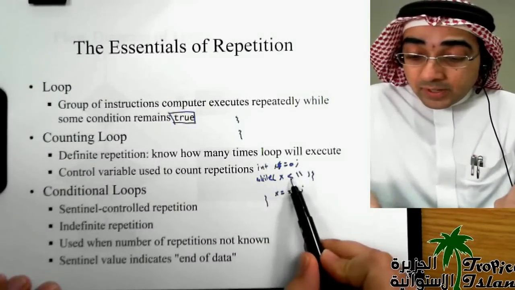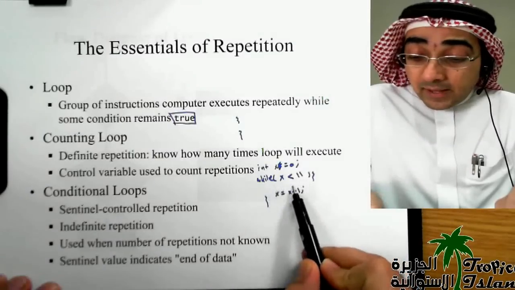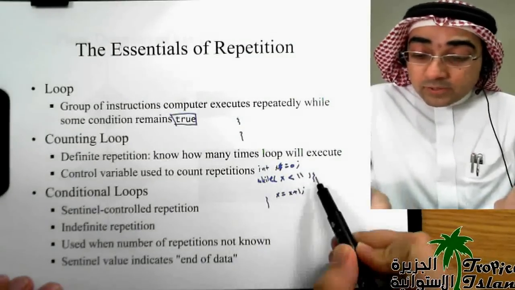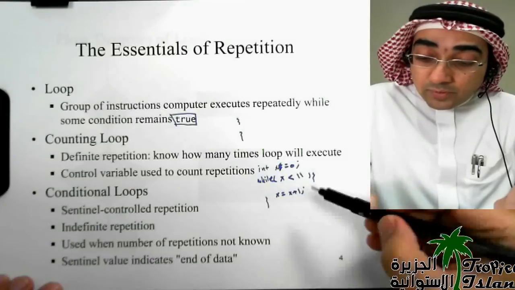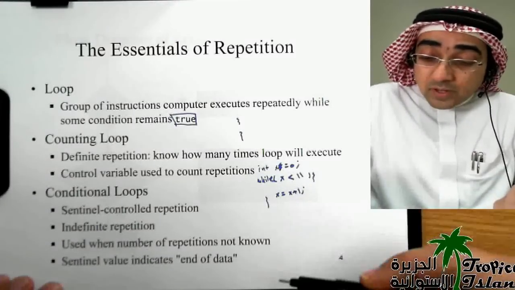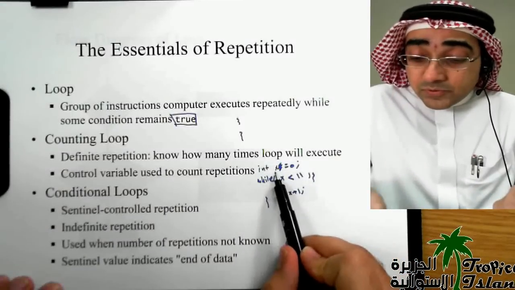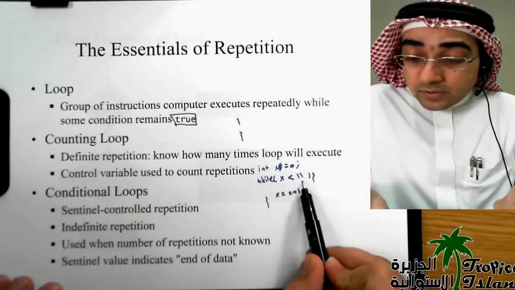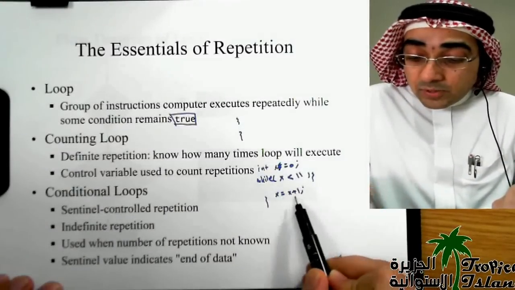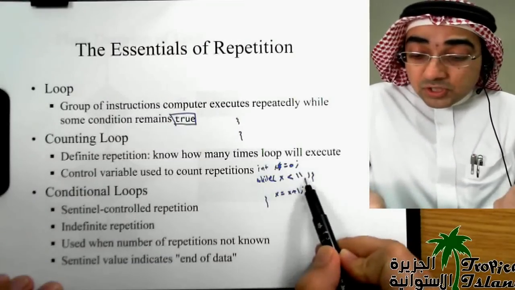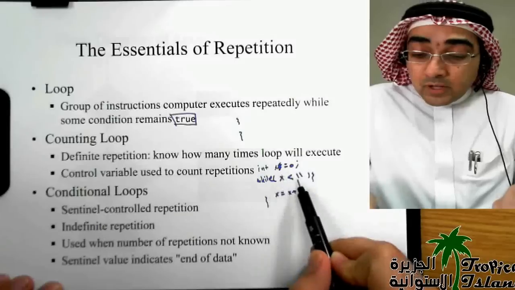So you put a condition x less than 11, and then inside the loop you increment x by 1. The loop occurs between the two curly brackets, so any instruction between these, you'll keep on looping until this condition becomes false. When you start, x is equal to 0, so this is true, so you go inside the loop and conduct the loop, and then you increment x by 1, that will become 1, and then you come back over here, check if 1 is less than 11, that is true, so you keep on looping